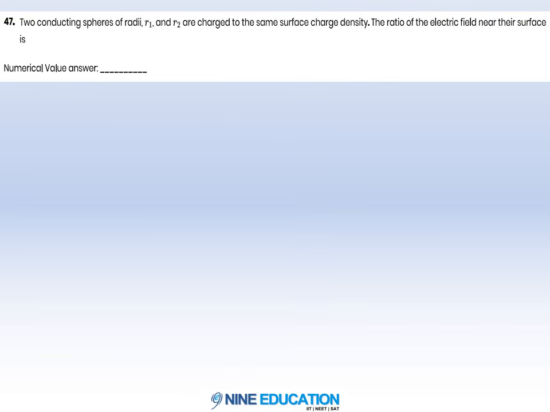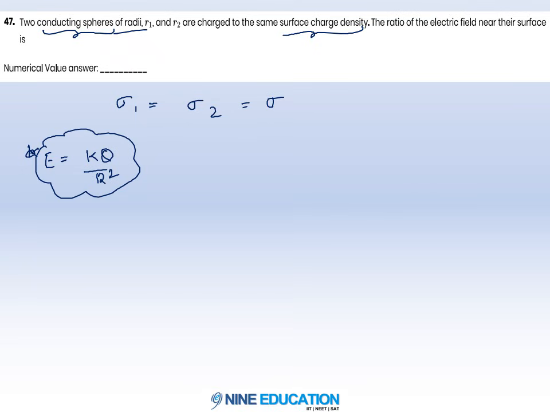In this question, two conducting spheres of radius r1 and r2 are given, charged to the same surface charge density. Both have the same surface charge density. So sigma 1 is equal to sigma 2, right? Equals sigma. And since these are conducting spheres, you can do it in two ways. You can find the charge and use that formula. The electric field near the surface becomes kq upon r square. But since these two are conducting spheres,